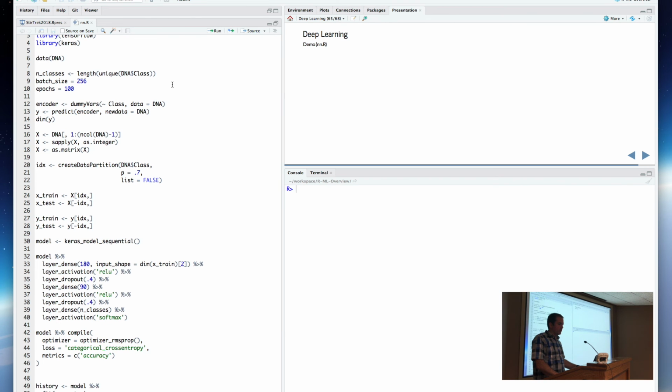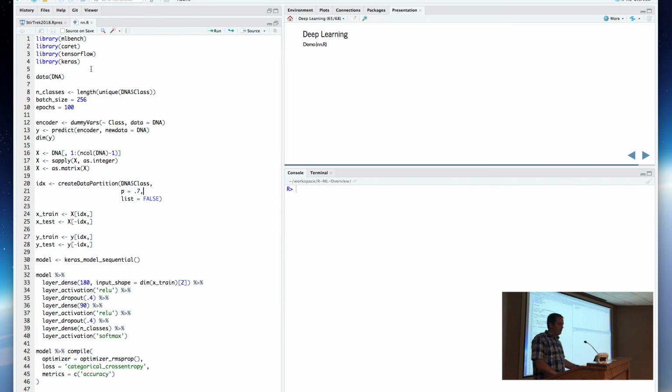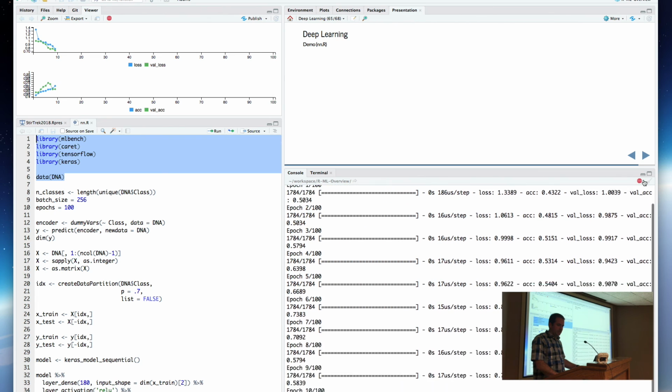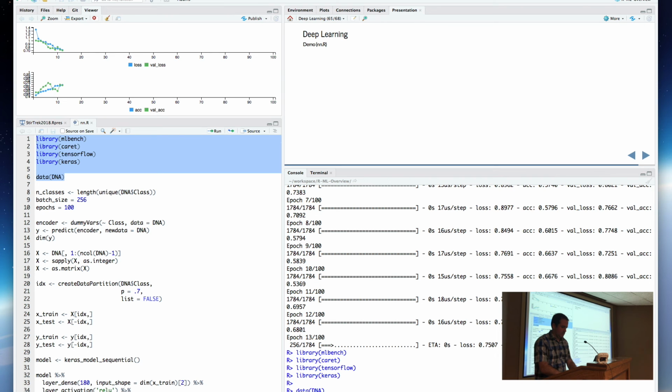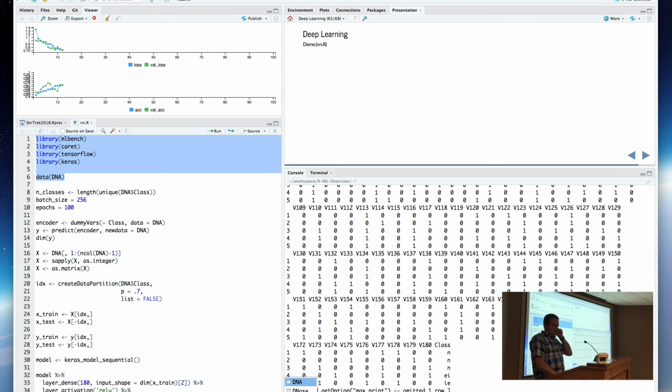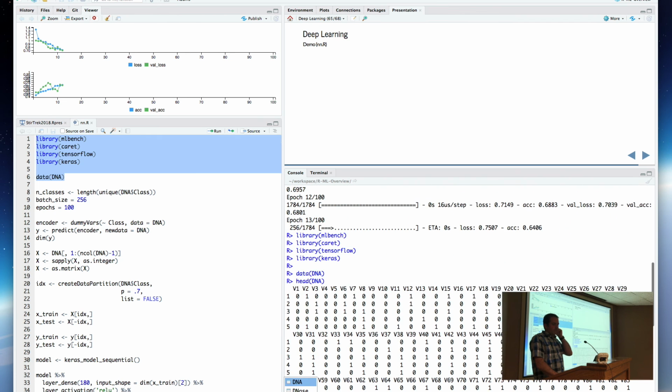Again, this is not a tutorial as much as a survey, but we're going to use DNA data, and this is going to, similarly, let me just run some of this to show you the data. I sourced the whole file. Hold on. So you'll see very sparse data here, right?